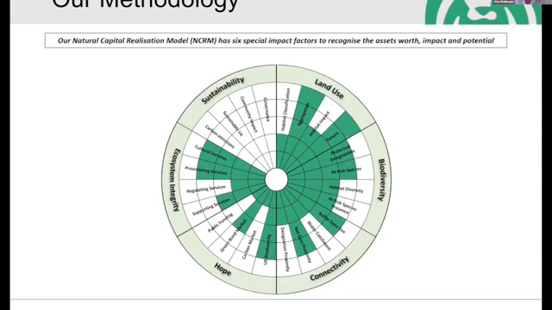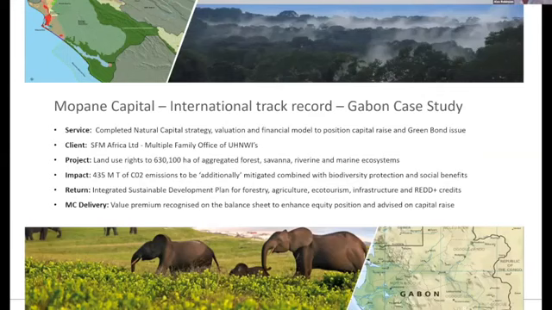So let's look at an example. Actually, this is also a good opportunity to mention Mopani Capital, our sister company, and where I started out. Our methodology has originated from Mopani's natural capital asset model, which has the ability to take what we do a step further because it prices the risk and the value. And Mopani remains focused on the international market, but also provides the valuation capability for Nature Capital in the UK if it's required. We've applied our approach internationally, often on assets with a conservation focus and predominantly throughout Africa, but we've done one in Panama and one in Southeast Asia as well.